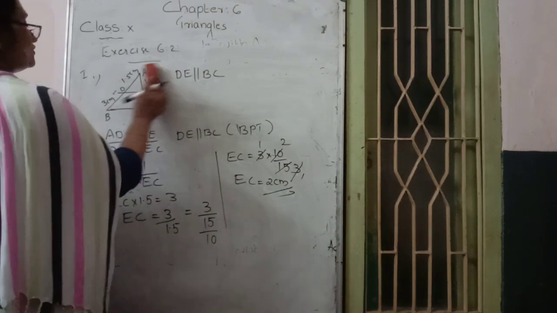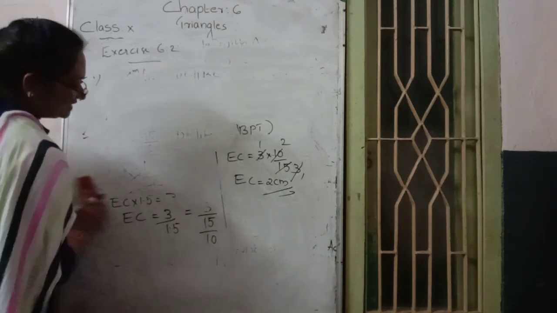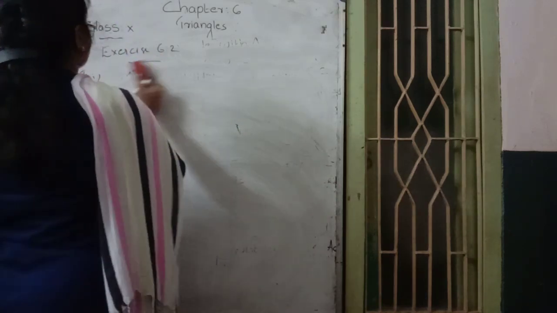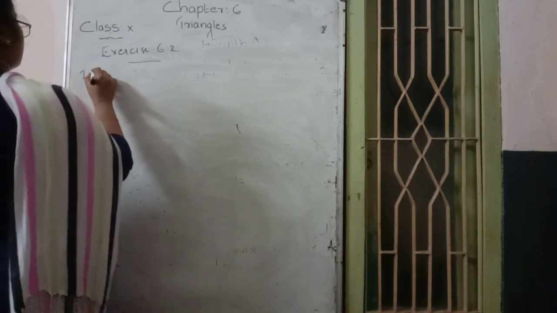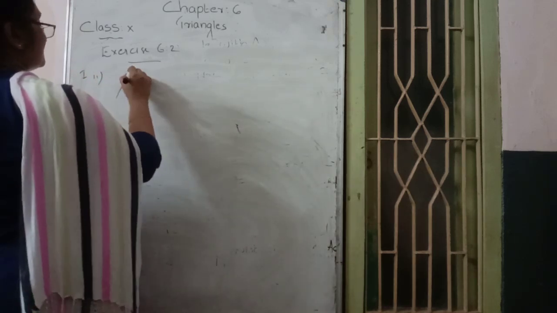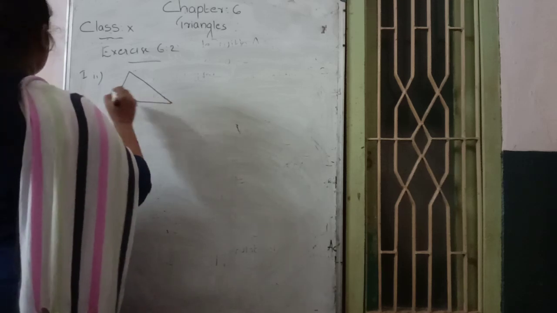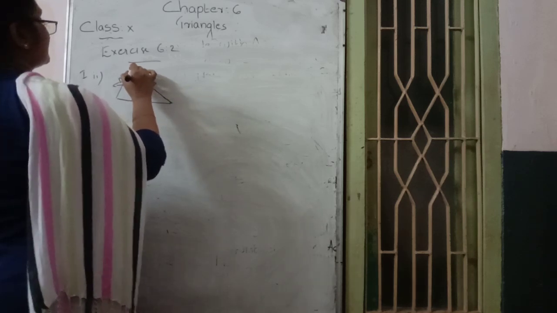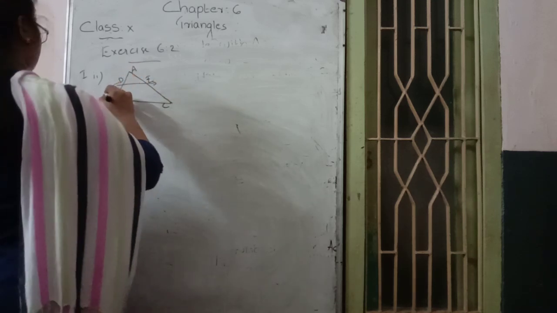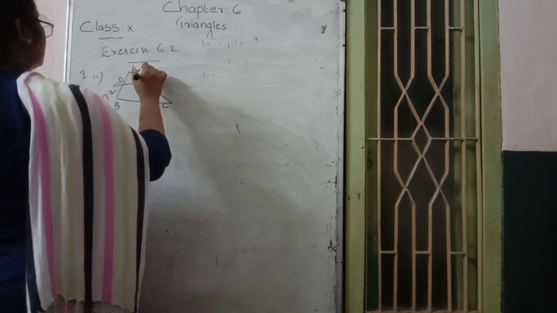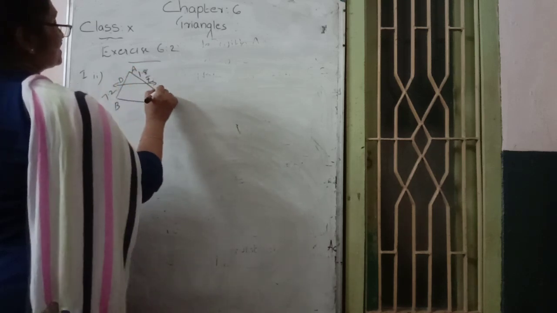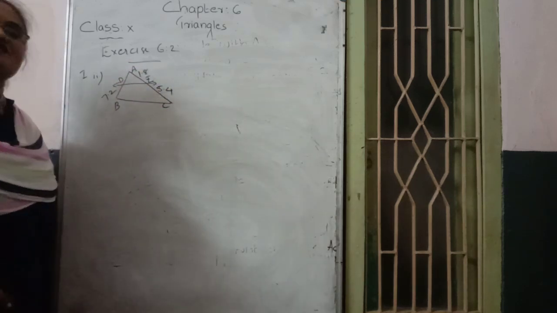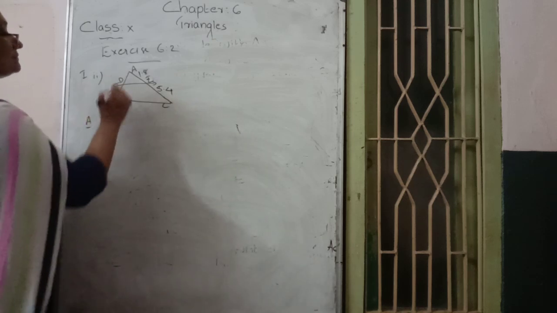Same way, one more question, same model. The second question also asks to find an unknown side value. Same model only, BPT theorem applies. The diagram is like this. They have given the diagram. Here DE side is there, then AD, DB, EC values are given as 7.2, 1.8, then 5.4 centimeter. We want the AD side value. There also DE is parallel to BC, given in the question. That's how to start with BPT theorem.